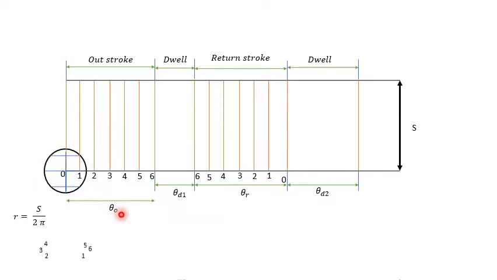So we have to name them. While naming, be careful. Naming has to start from this corner only. 1, 2, 3, 4, 5, 6. So like this we have to name. Once we split this circle into 6 equal parts, we have to name each part: 1, 2, 3, 4, 5, 6.